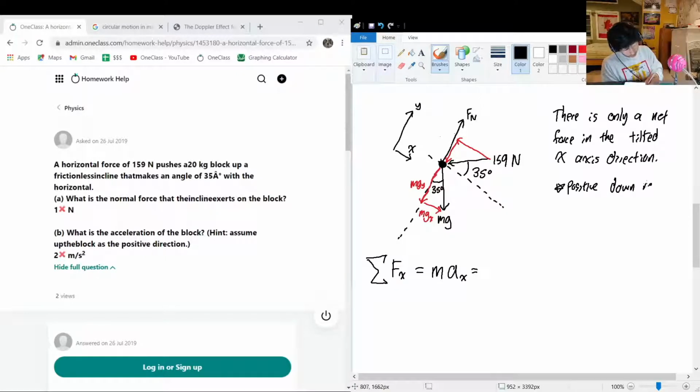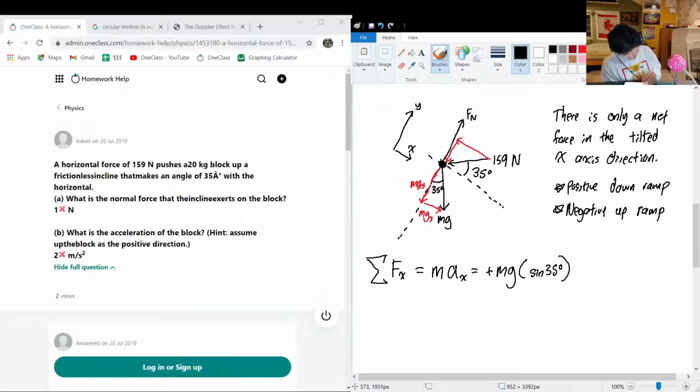So down the ramp, what's the weight going to do? Gravity is going to try to push you down the ramp, so it's going to be positive mg multiplied by not cos, in this case sine